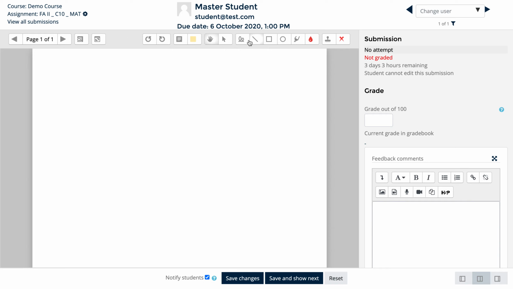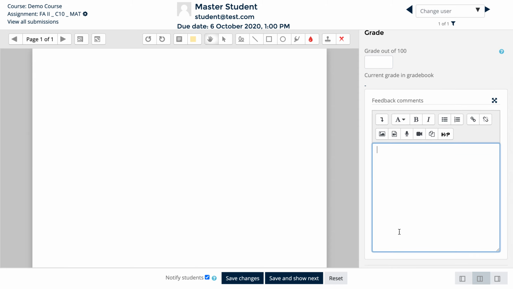Now I have multiple options here. All these options are for my annotation. Let us go one by one. The first and foremost one is, if the examination is for 100 marks or 25 marks or 50 marks, you should give out of how many marks did he score after finishing your evaluation. And also, if you have any feedback for the student, yes, dear student, please improve your blah blah blah. You can write your feedback here, and also you can click save changes and show next. Any of these options you can choose.